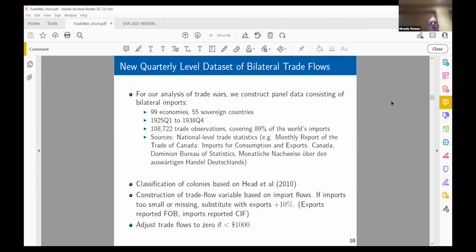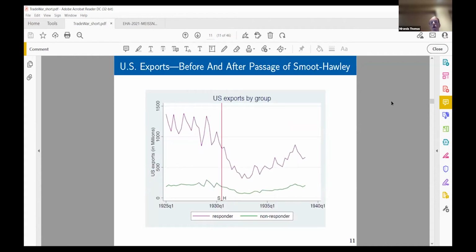We do the usual classification of colonies. We make adjustments when we can't use both matching trade flows in both directions. We'll substitute exports, and we make sure that we're not just introducing a lot of noise when trade flows are very small. This is just the raw data showing you what we want to emphasize here, which is exports before